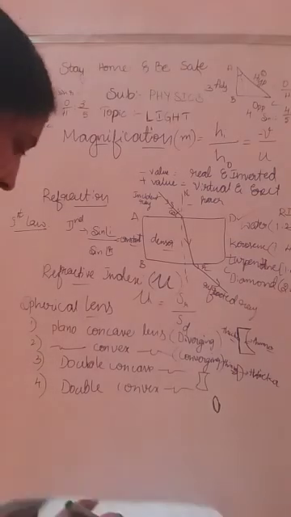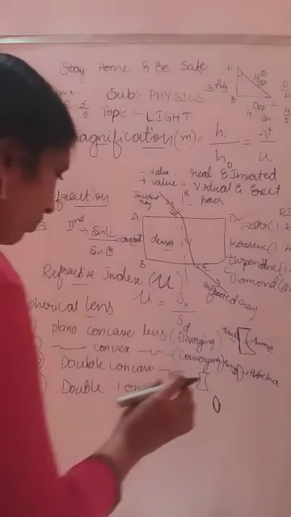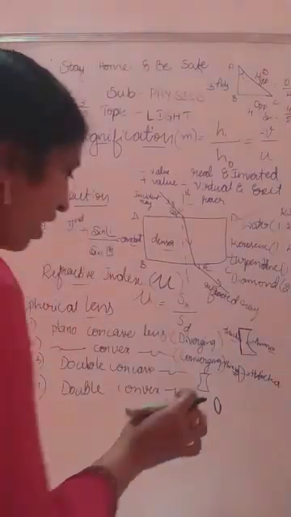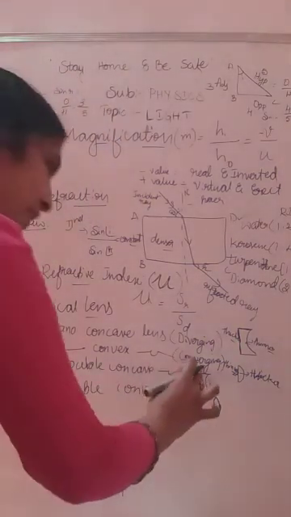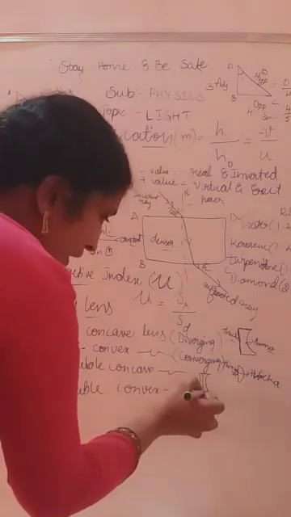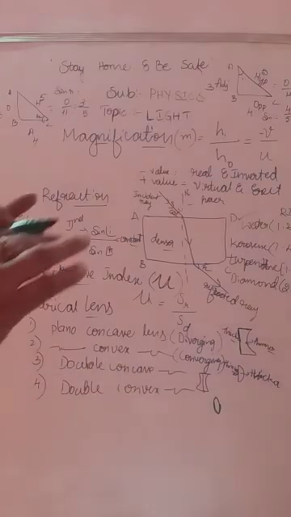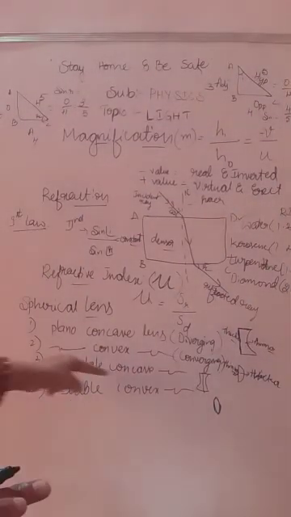And double concave, what is meant by double concave and double convex lens? Actually, the lens which have two spherical surfaces, here we can see the two spherical surfaces actually. So they are bulging inward. The lens which have two spherical concave surfaces but bulged inward is called the double concave lens. That's why two spherical surfaces it is having, no? So that's why it is called a double.